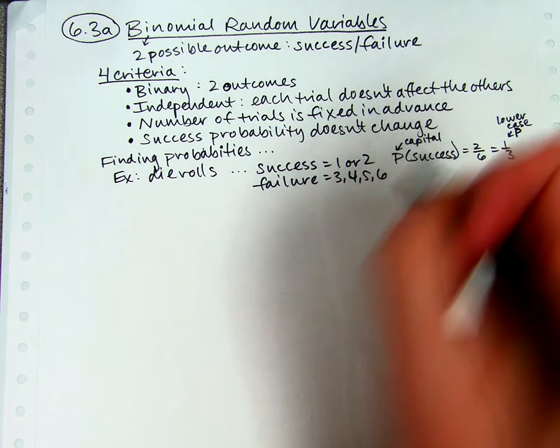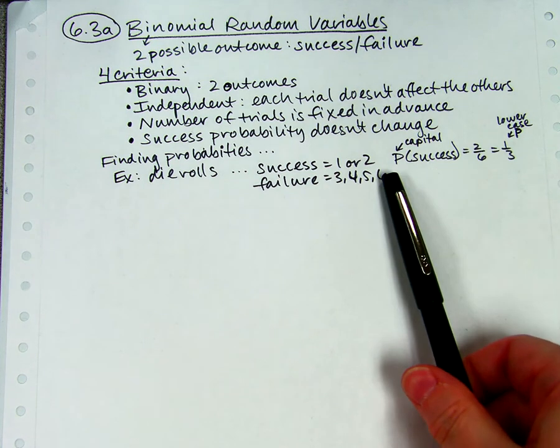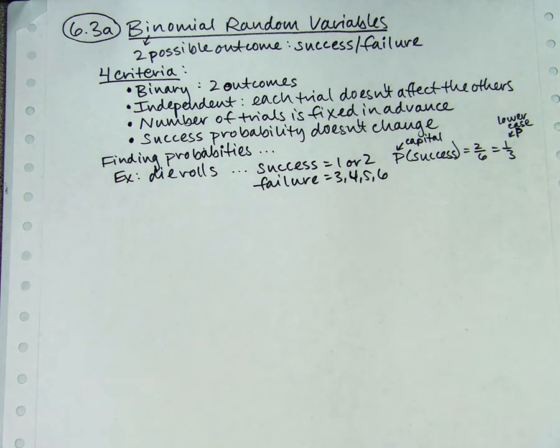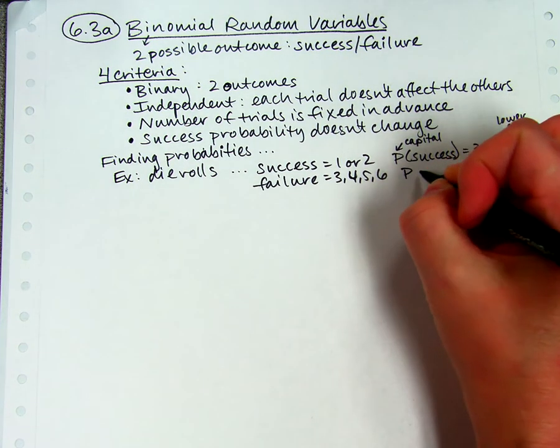So if you're talking about a probability of whatever and you're putting the event in parentheses, you use a capital P. If you're trying to just label the number, it's a lowercase p, and that's picky, but it's important to me. So let's do it. Probability of failure,